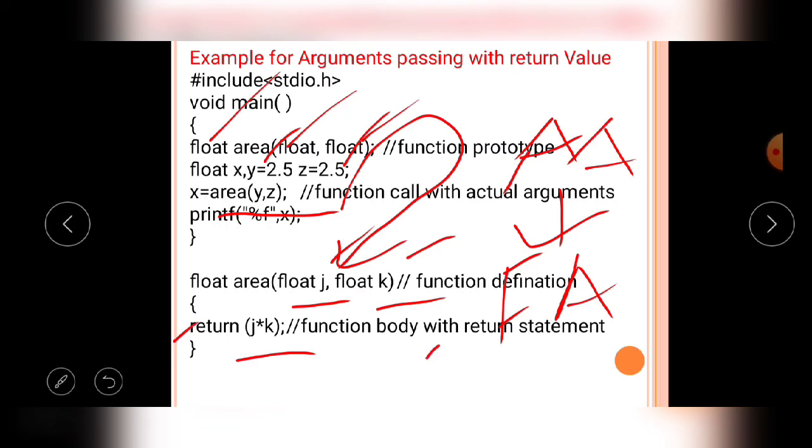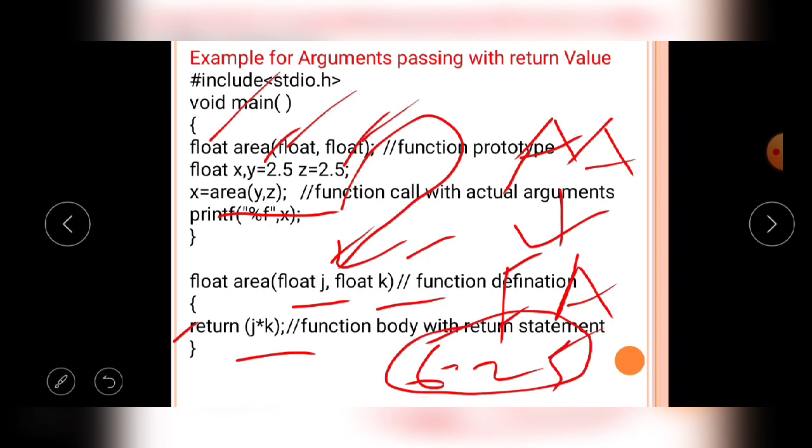The area of the rectangle value is 6.25. The 6.25 is returned from the area user defined function to the caller function, main, at the place of the same instruction line on the RHS side.